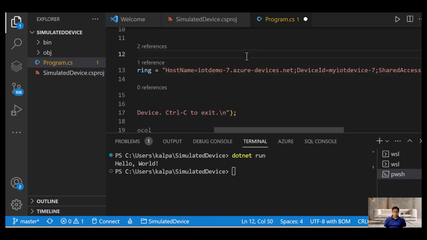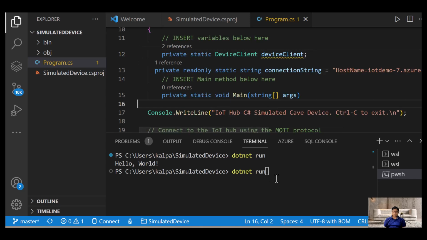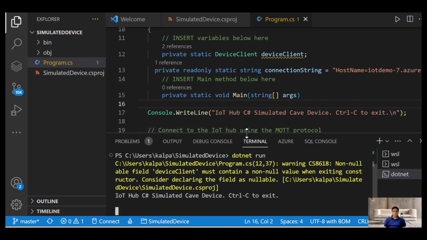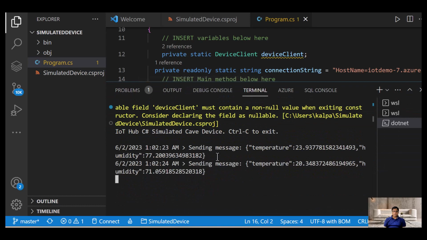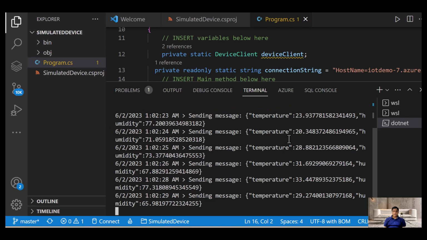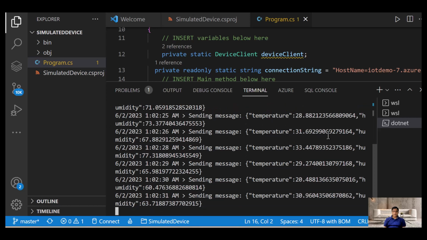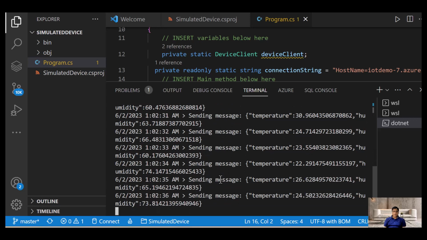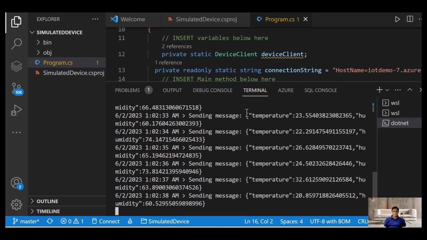Okay, so now I have already put the primary connection string, and I will run this code again. Now you see that this code is generating these messages and sending them. Actually it's sending different messages: humidity, temperature, right? So it is sending these messages constantly, and as and when these messages are sent, we are going to retrieve them